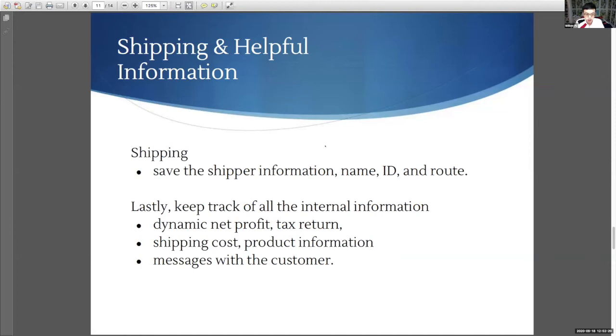In addition, we also want to keep track of all the other internal information in the company. For example, some useful financial data would include dynamic net profit and tax return for the company. And for shipping cost and product information, we also want to include that.